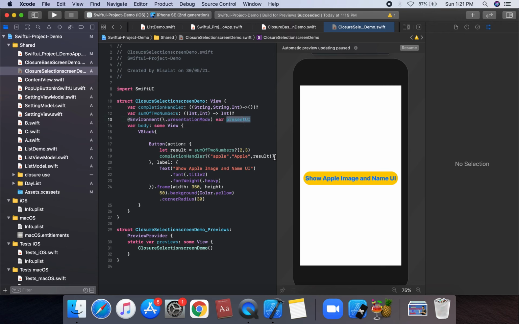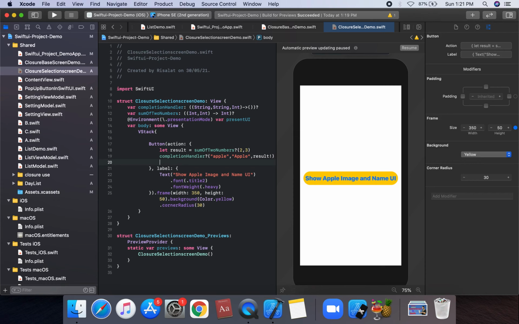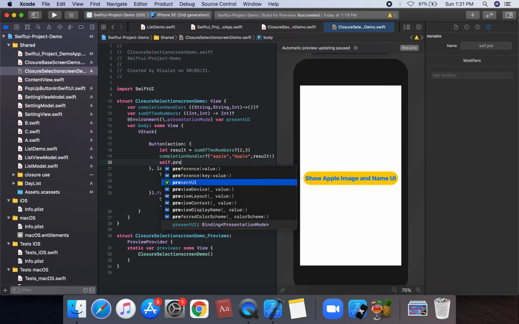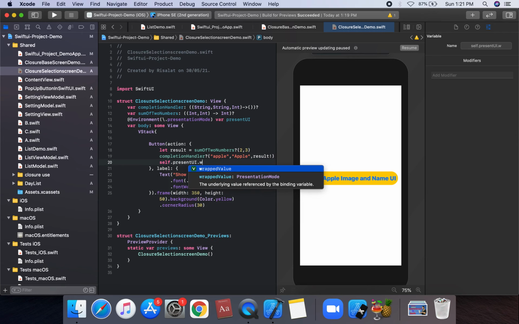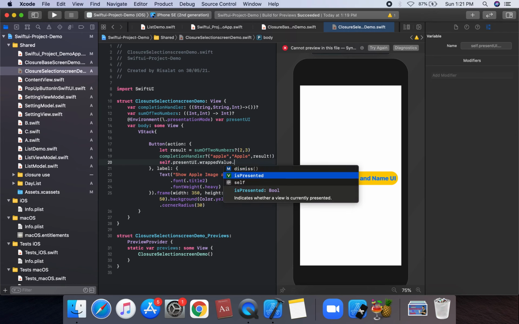So we can call self dot presentUI dot wrappedValue dot dismiss and isPresented. So dismiss and isPresented call the dismiss.